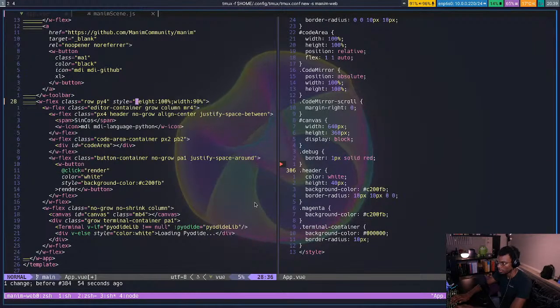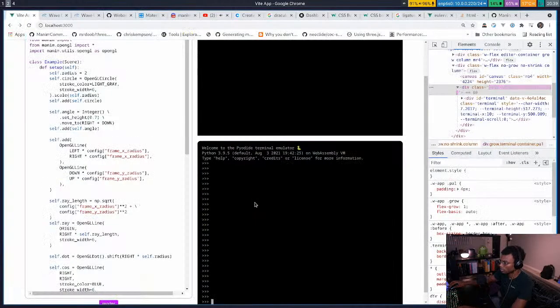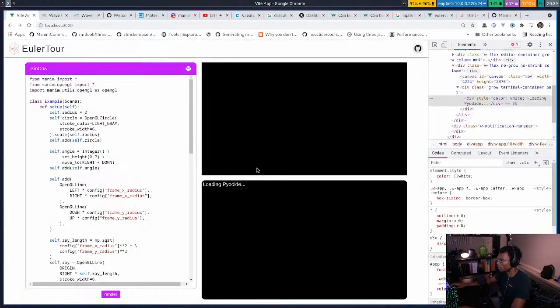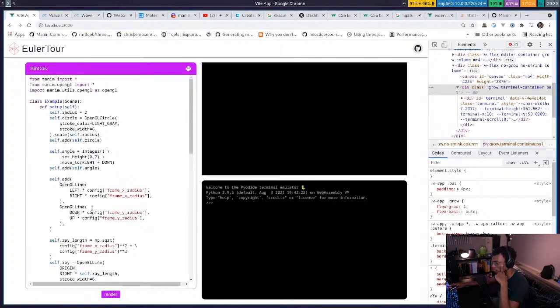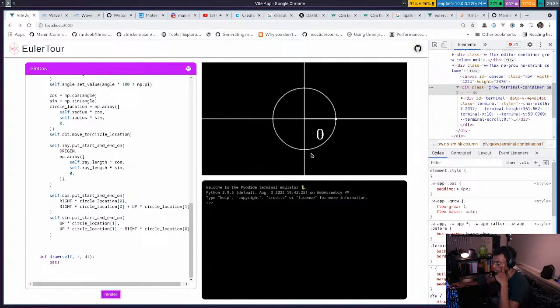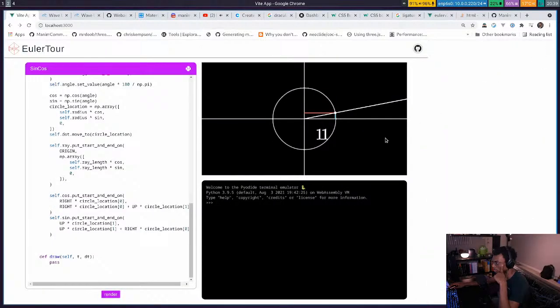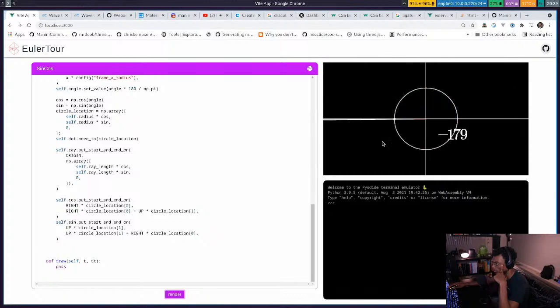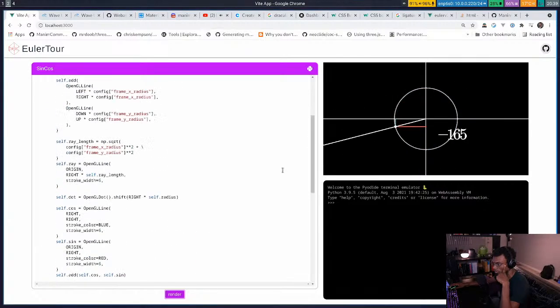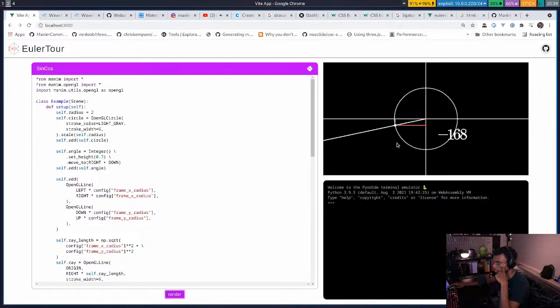Okay, well, now I'm stuck, so... This is so close. Like, right now, it's the right size. Anyway, this mostly does what I'd expect it to do. Cool, so maybe I'll just